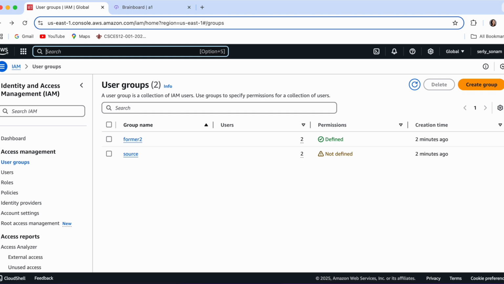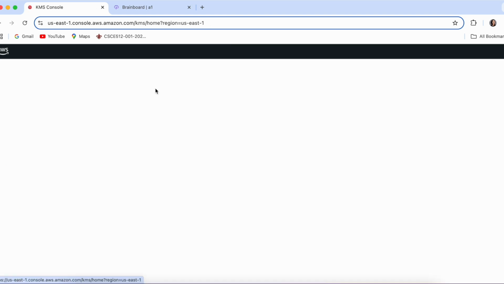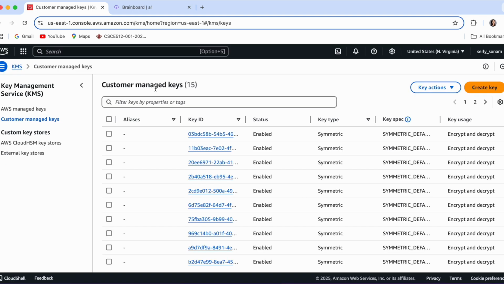Now moving ahead with the KMS, as we can see in account B, we had a total of 15 keys from our previous projects, and again we can see it went from 15 to 18. So it has again successfully replicated for KMS as well. Now moving ahead with the S3,